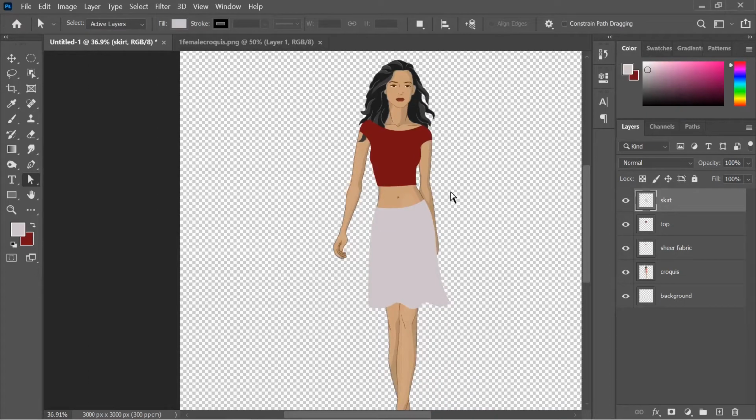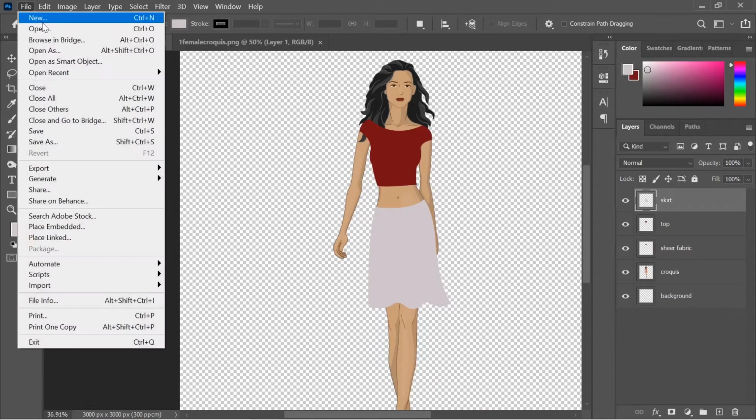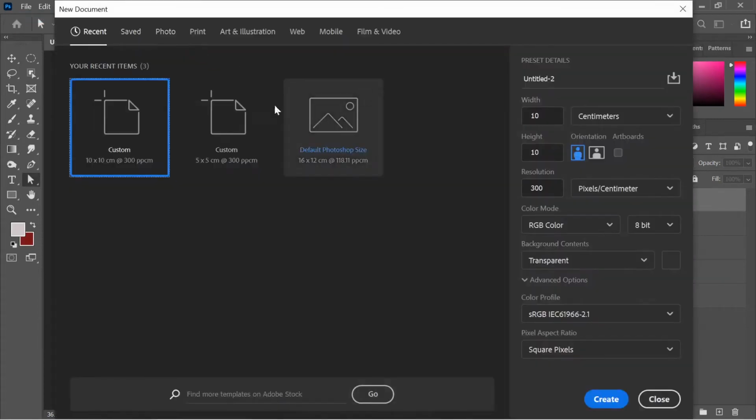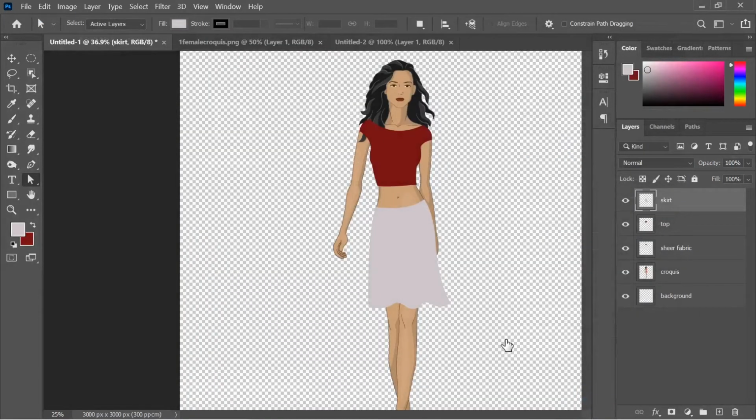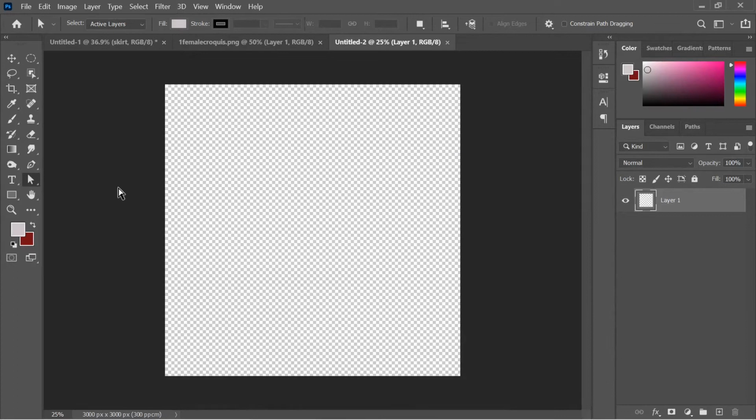Let's make a pattern for this top. Let's create the pattern.